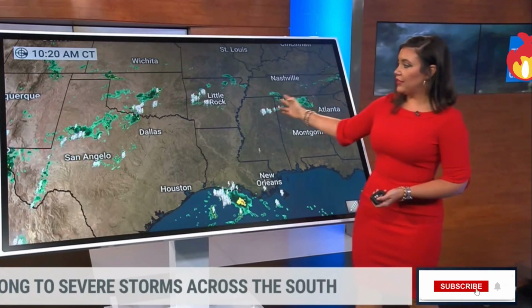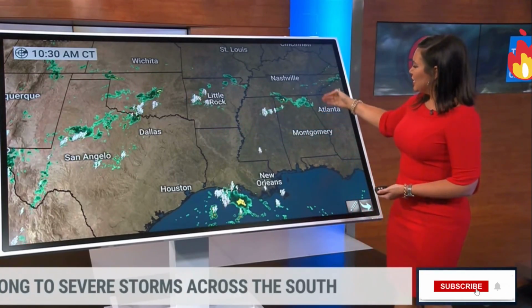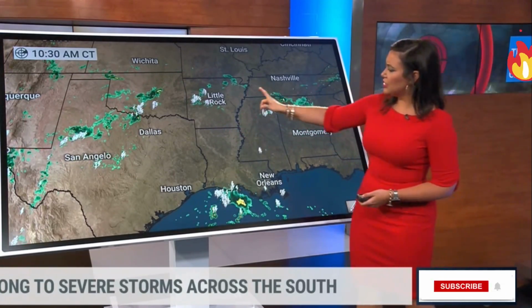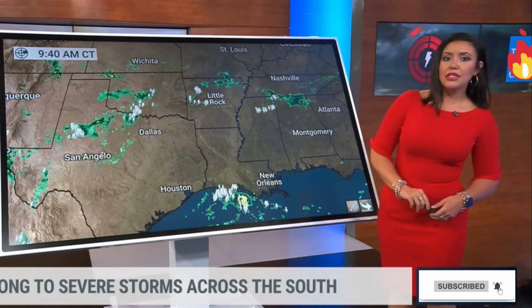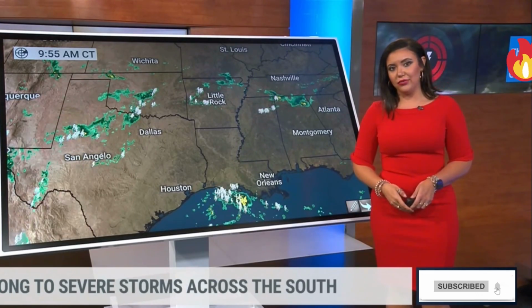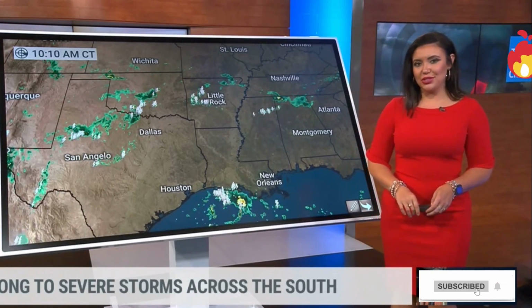Here's what's ongoing right now. We've got a line of storms that are mainly south of that I-40 corridor. Currently starting to see some storms knock on the door there in Little Rock. They'll eventually fill in across that I-35 corridor as well. But Dr. Postel, it's not only the south today that we're keeping an eye on for some hefty storms. It's also the northeast. Yeah, it is. And we do